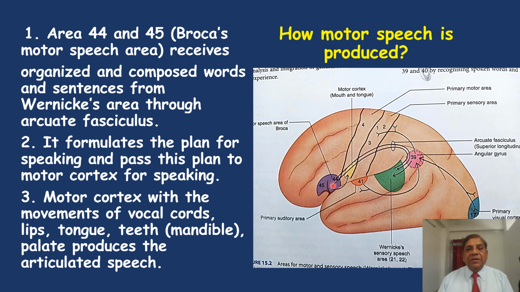and ultimately the whole program will then be transferred to an area in the precentral gyrus, the lowest part of the precentral gyrus, where I am moving this pointer, which is called the motor cortex for mouth and tongue, where the motor centers for mouth and tongue are there. Now this information will go to this motor area, and because of this, as per the planning of the 45 and 44 area, a person will start speaking, and the language is produced by the vocal cord, that means the larynx